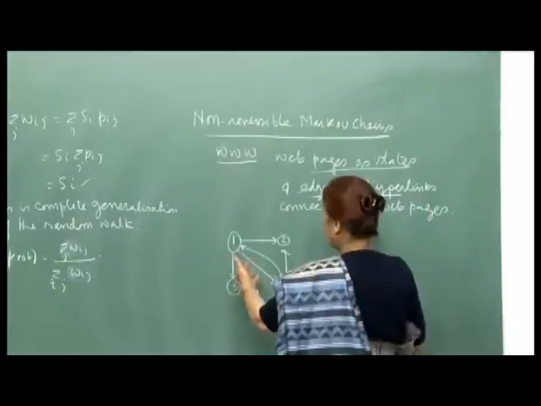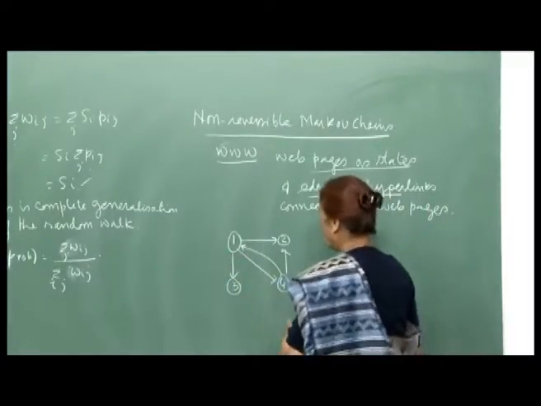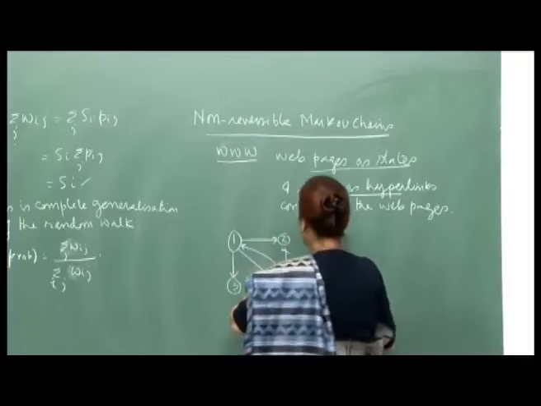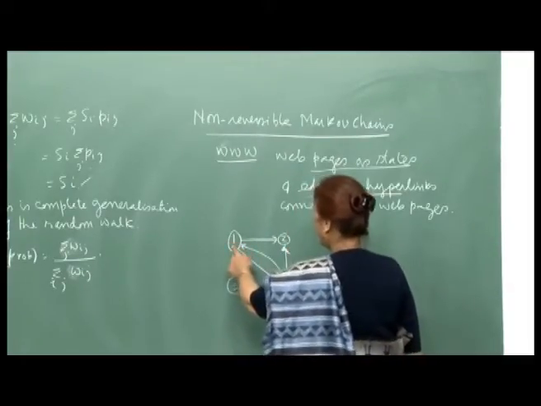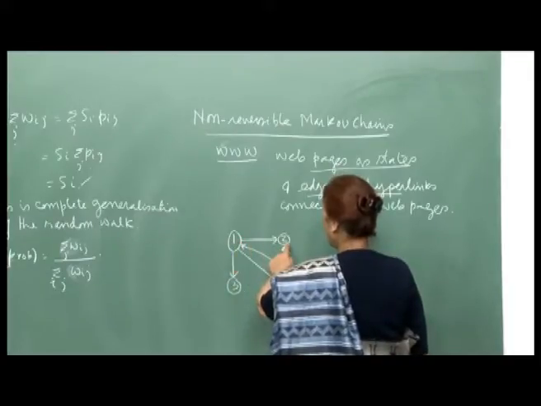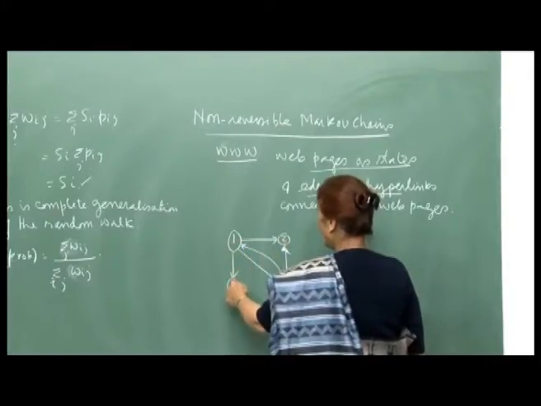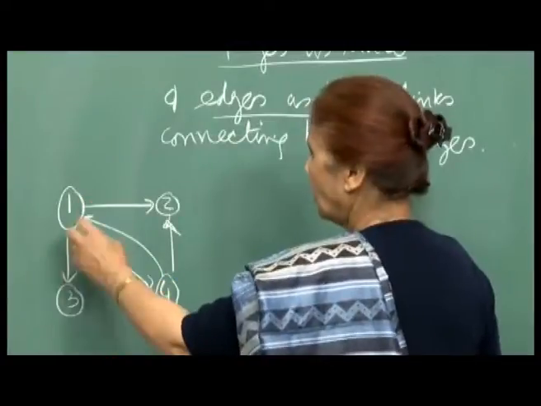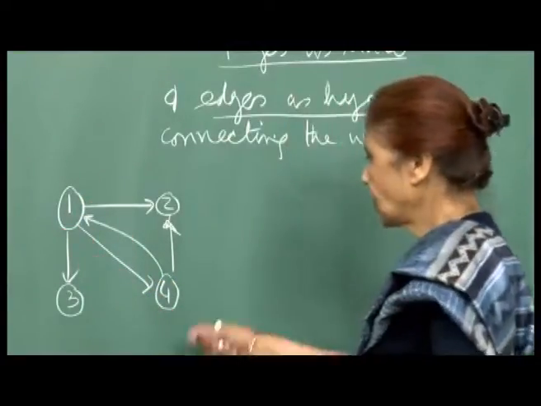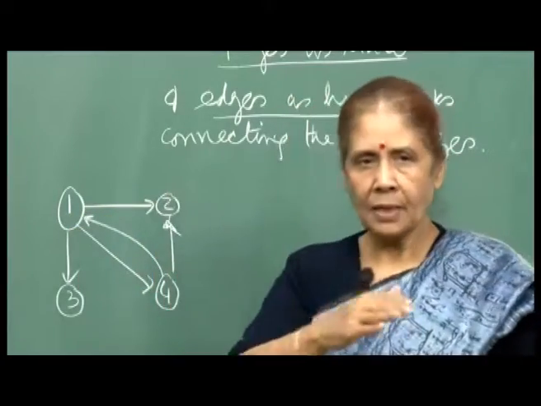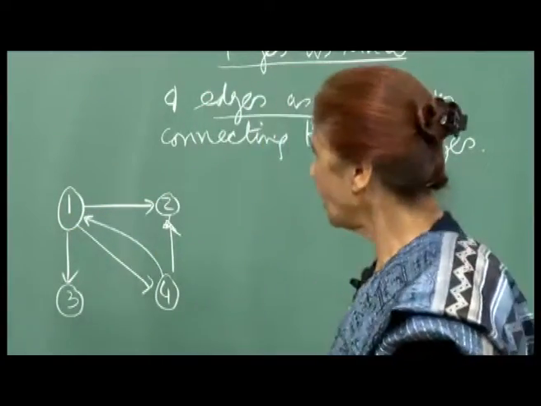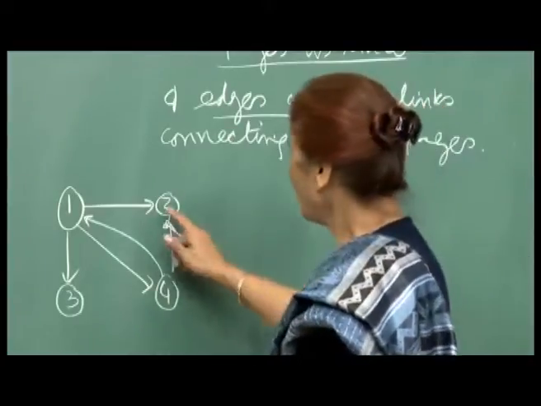So, for example, just take 4 web pages, or maybe you can take 5 web pages, it does not matter. If you are at page 1 here, then you can go from here to page 2, or you can go from here to page 3. So these are the hyperlinks, right. You are searching for some word. Remember, you open a page, and then it links you to other pages. It shows the links, which are called hyperlinks.